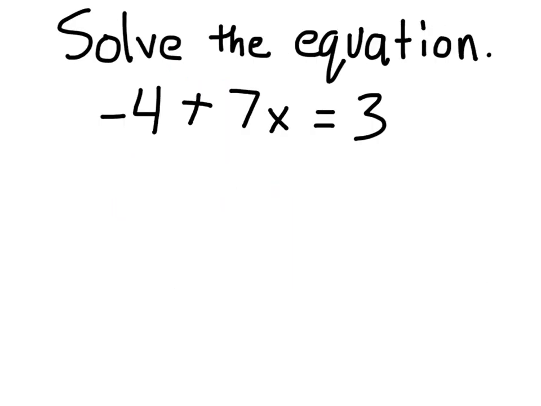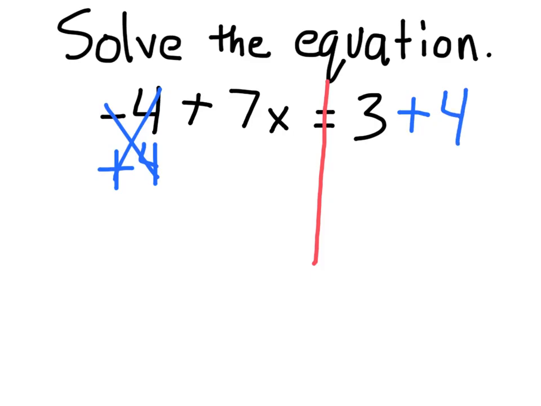In the next equation, once again, we're going to solve it, so that means we want to get x alone. So here we're going to get rid of the constant first, so to get rid of this minus 4 or negative 4, I'm going to add 4. That's worth 0, so I can cross it off. So I do the same thing on the right side. I add 4. 3 plus 4 is 7 equals, over here I'm left with a positive 7x,